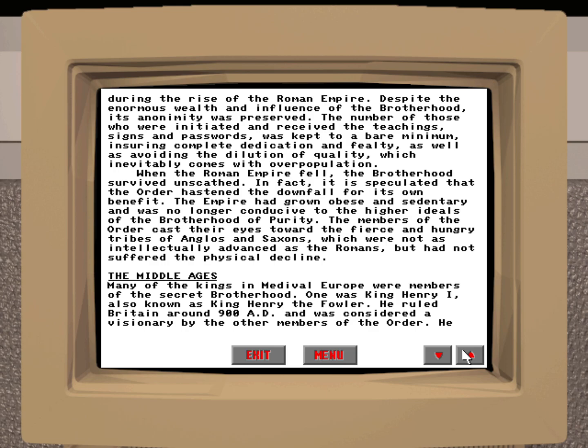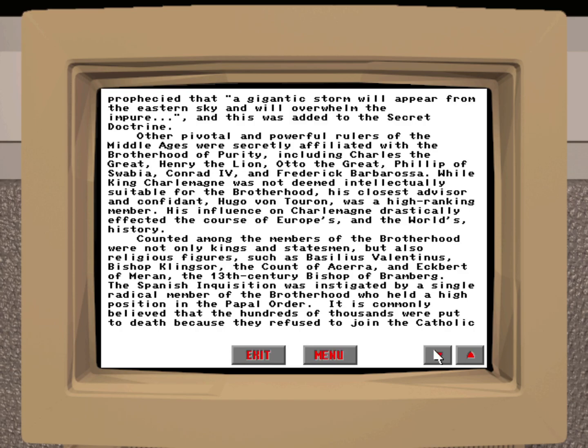The Middle Ages. Many of the kings in medieval Europe were members of the Secret Brotherhood. One was King Henry I, also known as King Henry the Fowler. He ruled Britain around 900 AD and was considered a visionary by the other members of the order. He prophesied that a gigantic storm will appear from the eastern sky and will overwhelm the impure, and this was added to the secret doctrine. Other pivotal and powerful rulers of the Middle Ages were secretly affiliated with the Brotherhood of Purity,